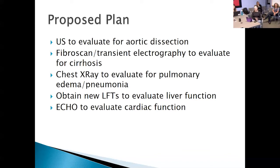We talked about maybe getting some new LFTs to reevaluate the liver functions. Those were done back in March. And then maybe an echo to evaluate his cardiac function, since there wasn't any tests that I had seen from cardiology that showed exactly how well his heart was